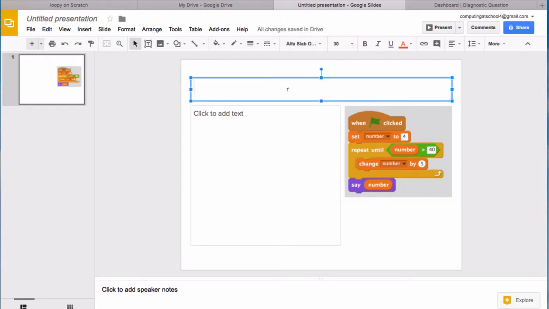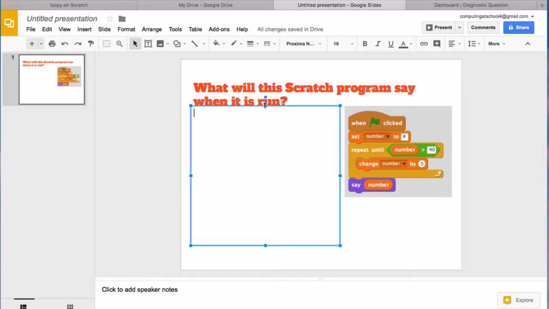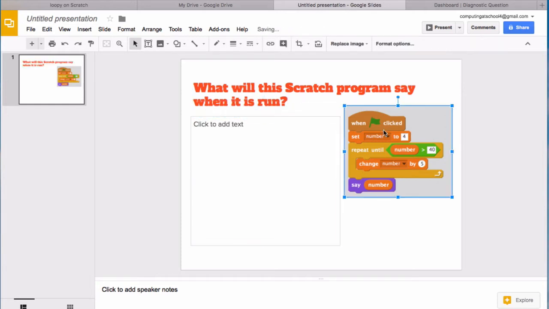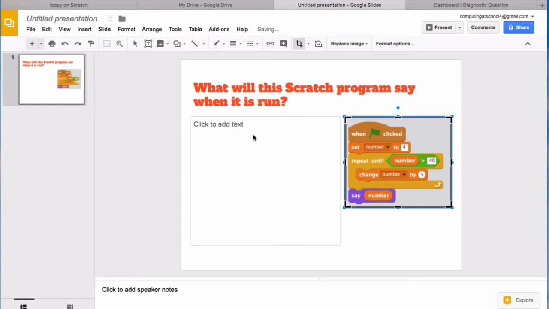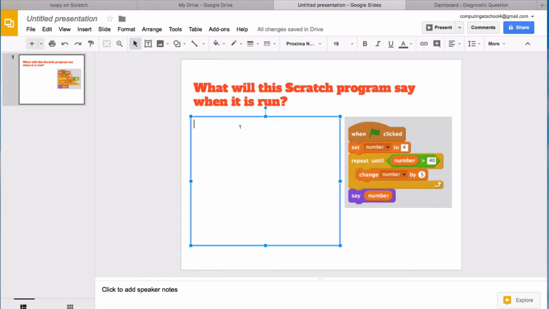I can ask a question about this now. So what will this Scratch program say when it is run? We might just resize that a little. We might move that down a little to fit in better with the stem text. There. And then we've got 4 possible distractors, or 4 possible alternatives, one of which has to be the correct